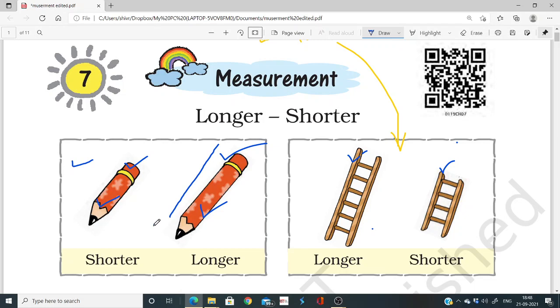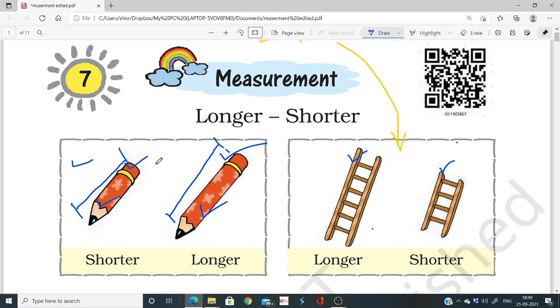How much is the length of this pencil, and how much is the length of this pencil? When you measure the length of the pencils,